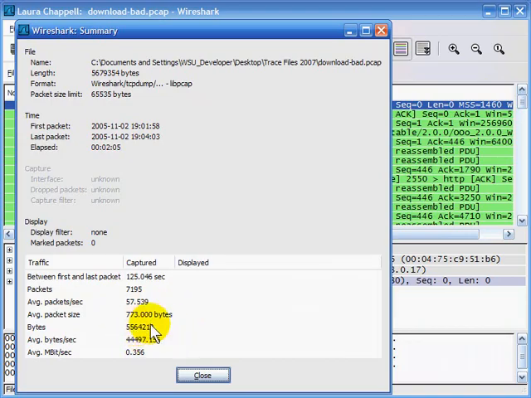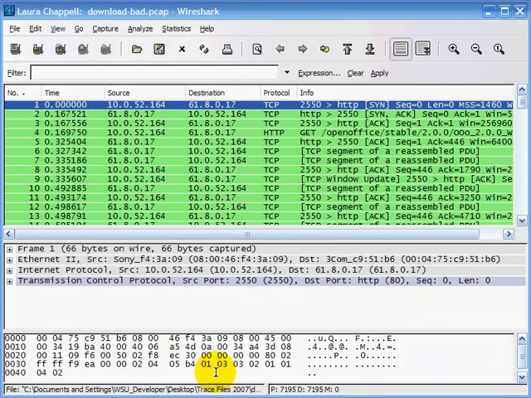Number of bytes transferred, there we go. The average bytes per second is 44,497 bytes per second. The average megabits per second, 0.356. Now at this point you may want to pause the video so that you can write down a little bit of this information, because we're going to toggle over to the good download and compare those two in just a moment here. And so I'm going to go ahead and close this window down,